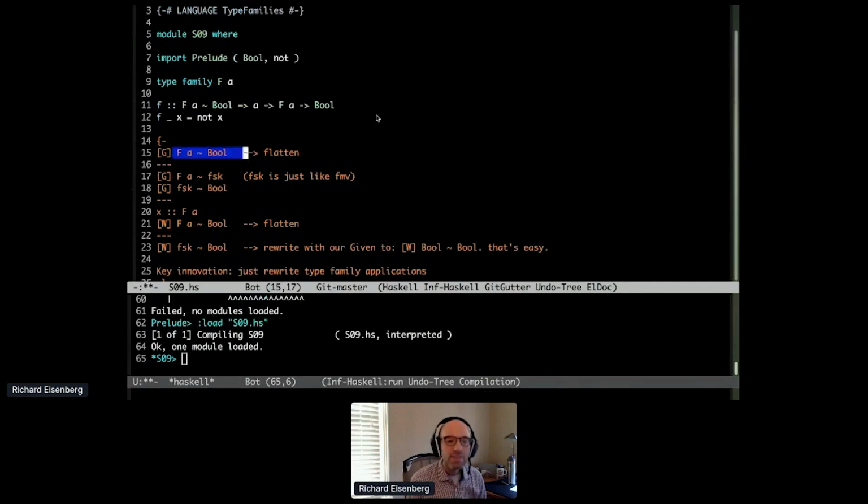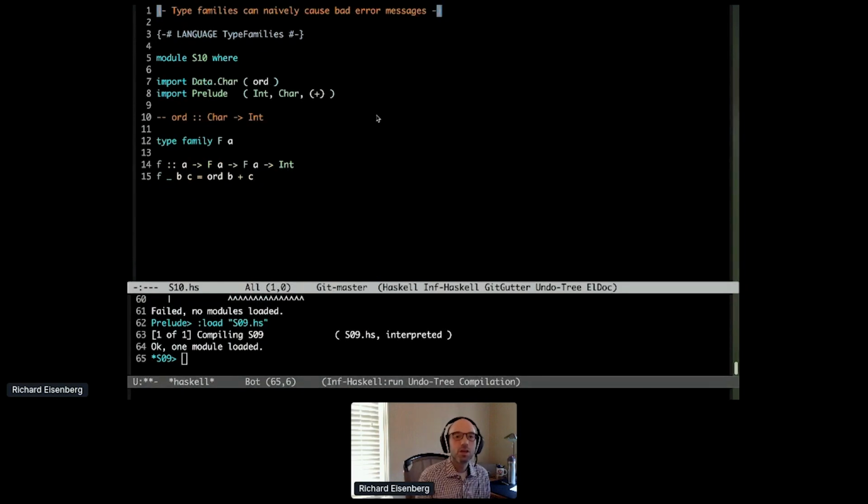But here we just add a little bit of extra machinery, much less than this FMV and FSK stuff. These FMVs and FSKs also sometimes leaked into type checker plugins. So anyone who's attempted a type checker plugin should be quite happy with this simplification. Okay, so that's one big simplification that I'm looking at inside of GHC right now. We have one last example,